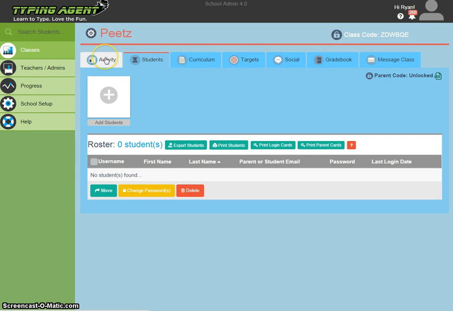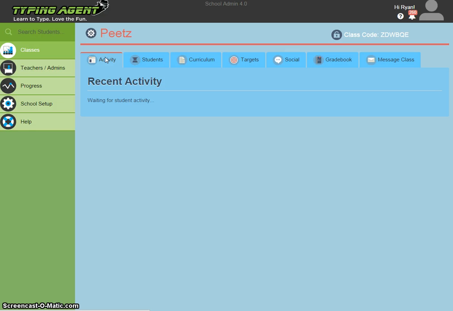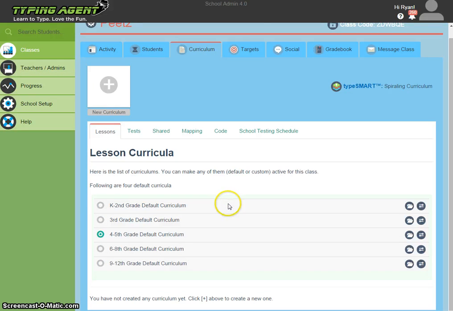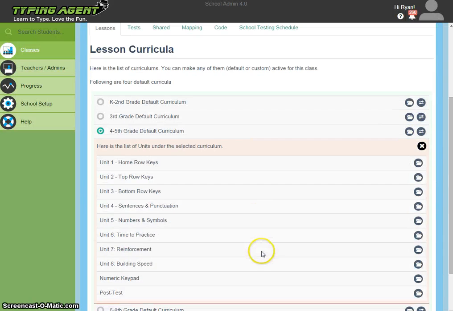The next tab is the Activity tab. From here, you will get real-time data as to when your students are logged in and what they are working on. To the right of the Students tab, we have the Curriculum tab. Several different options on this page. This is a 5th grade classroom, so it is the 4th and 5th grade curriculum. If I want to see what that entails, I can click on the Open